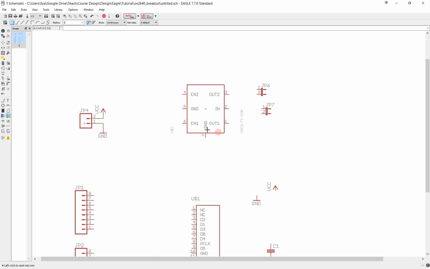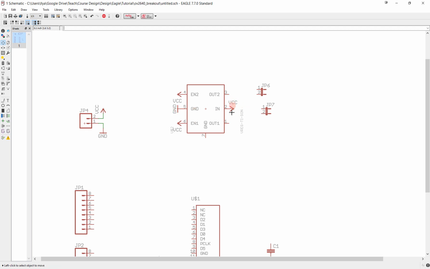Now I'm going to wire up our voltage regulator. It has two enable inputs over here, and I want it to always be enabled for the purposes of this, so I'm going to just take our VCC, rotate it, again right click, and I'm going to connect it directly to here. And then I'm going to make a copy of this and put it on the other enable signal. And also there's an input to this power supply, and that's also going to be the same net, the same VCC that comes from my input to this board. There's also a ground pin